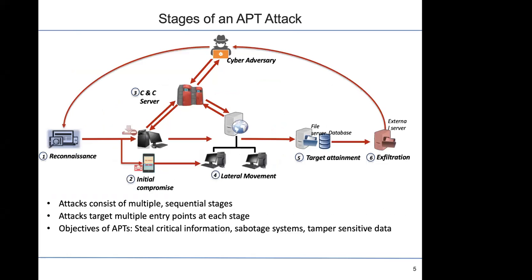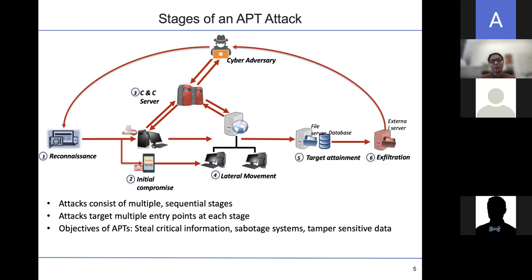So essentially, broadly speaking, this attack consists of multiple stages. So if we look at the properties or the different stages of attack, there are multiple stages, and these stages occur in a sequential manner. And the attacker tries to enter your system by compromising different possible entry points of the attack. And the objective of these attackers is to steal critical information from your system. So rather than causing an abrupt destruction to your system, the goal here is to remain in the system for a very long period of time and slowly, stealthily steal your critical data.